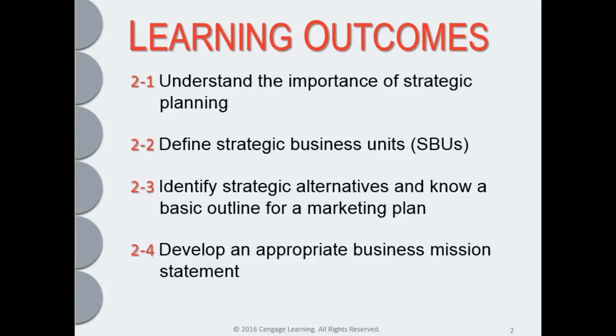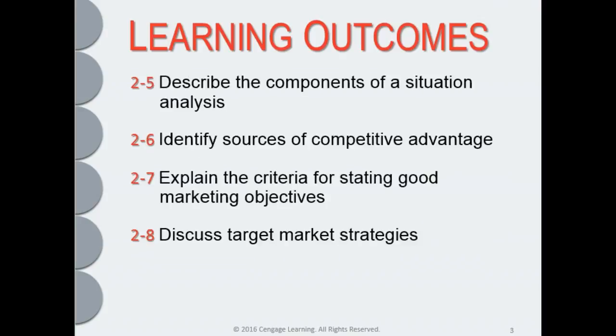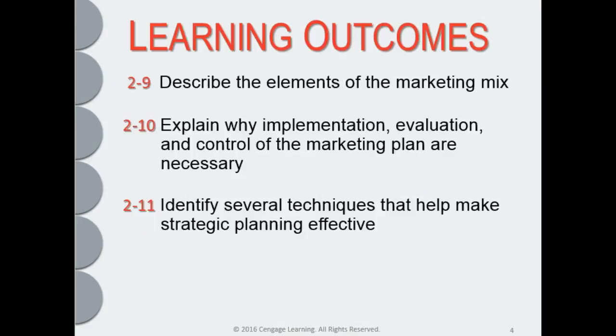As always, you have multiple learning outcomes. This particular chapter has 3 slides of learning outcomes. So be sure that you are familiar with these and are able to do the 11 things that they have identified as being critical and important for you to know by the time you're at the end of the chapter.